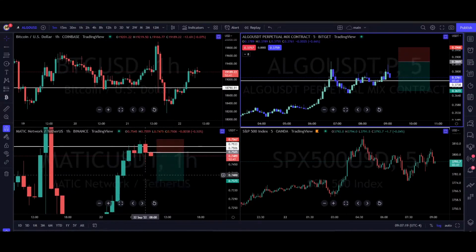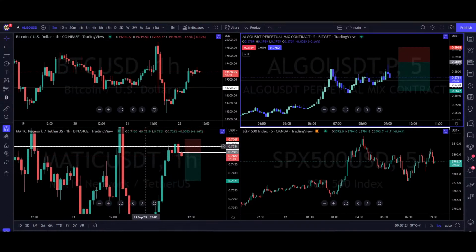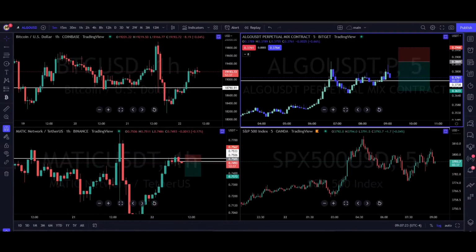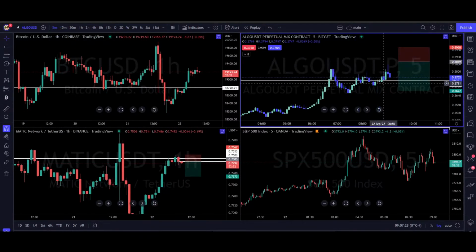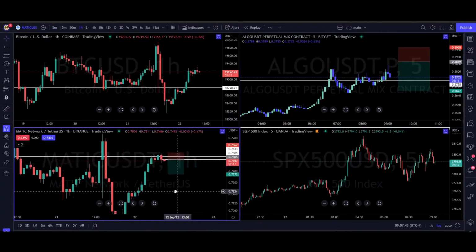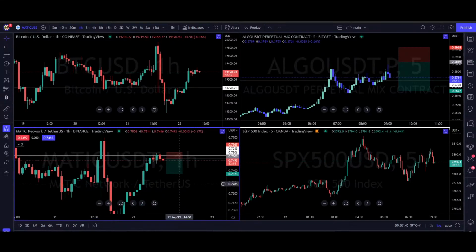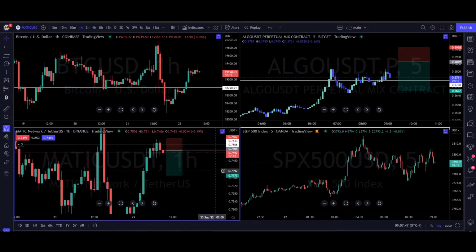Remember, most of these markets are bearish. Matic is red on the week. That's what we like. Algo is bullish on the week. You see the difference? You want to take your trades in the direction of the trend whenever possible. Since Algo is bearish on the week, we like it better. It is a more clean setup. But we still need to see what we need to see take place.